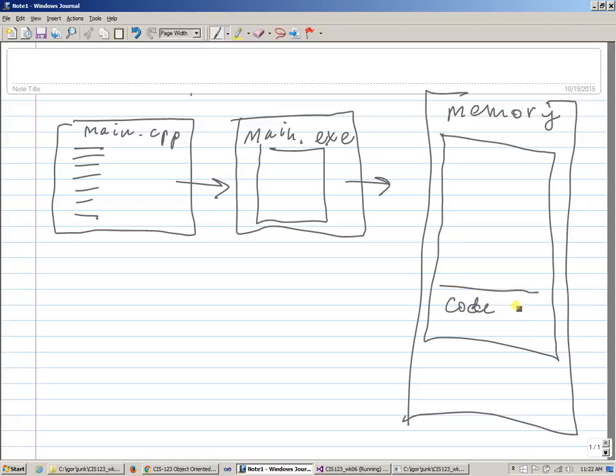That executable code includes our main function right here, right? So we have some executable code. It's saved in a memory segment called text. The text memory segment contains our code. Then there is a segment of memory where the globals